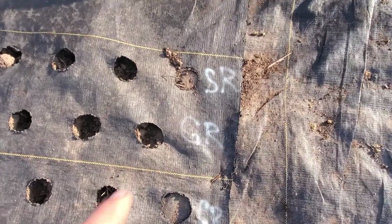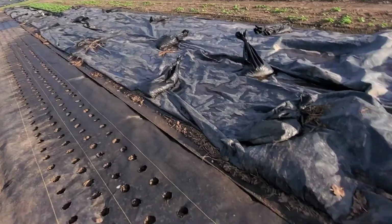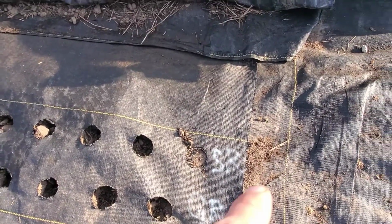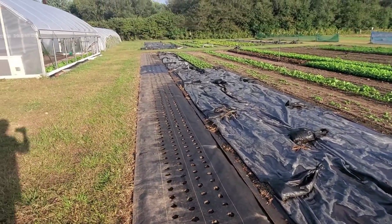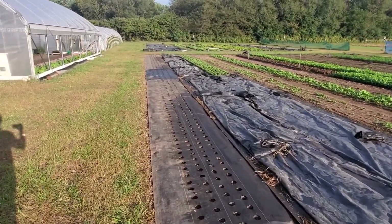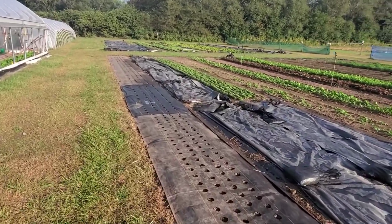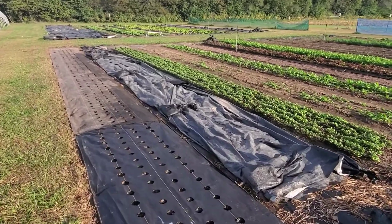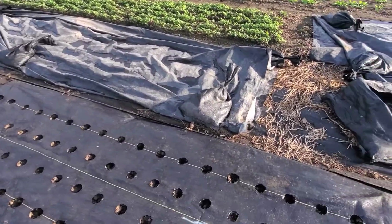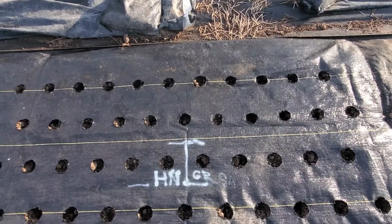Next is my prime German red right here that I'm planting out. It goes all the way down the bed. Again, this one's my Spanish red, and it goes all the way down to the end of the bed. Now, this is the one great thing about doing YouTube videos, is that I have records of these things. I can go back and look when I go, oh, what did I do? I do not remember for the life of me. But even if you don't make YouTube videos, you can just make them private, and it's a record so you know what's going on. Like right here is where I